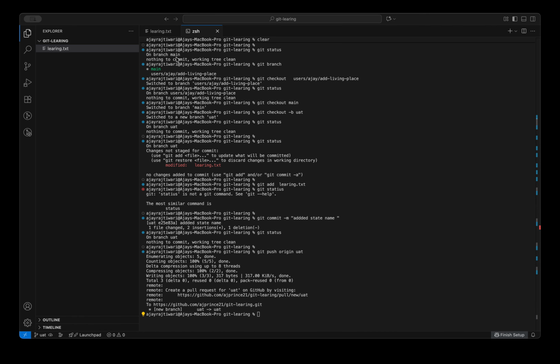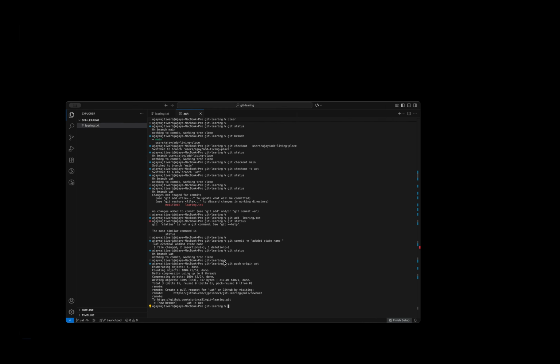Just create the PR. If you have to create the PR, then only create. Sometimes you also don't need to create a PR. Without creating a PR, you can also merge your code in your local. This time, I am not going to create a PR, but I am going to merge this UAT code into the main in your local, then I am going to push it. So to do it,